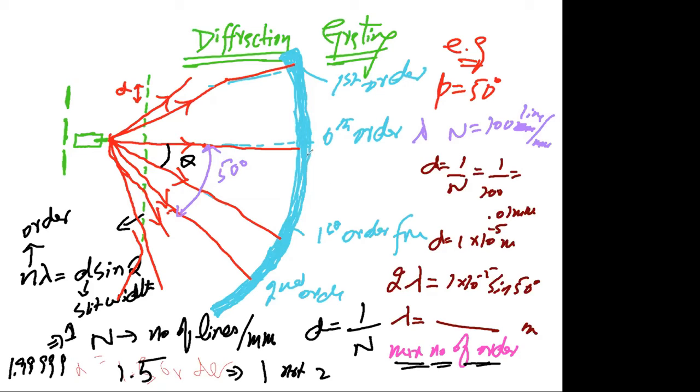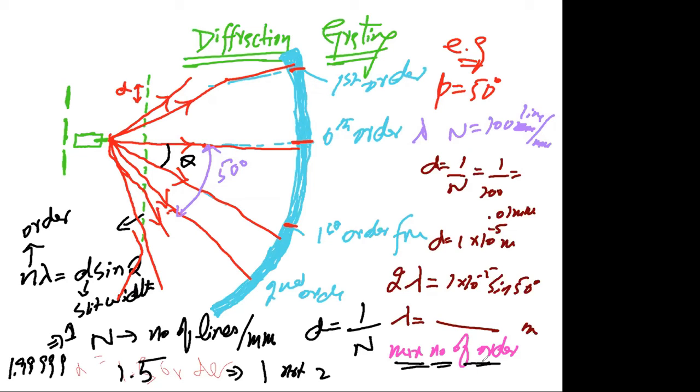Okay, leave it. Actually, on zero order, here you will get bright light. Then the brightness will decrease. Here you will get bright light, here you will get bright light, but this will be less bright as compared to this. So here some like 50% of the light will pass and 50% will reflect back. So that's why we will not count this 50% as well. We will not count that as an order. Some percentage will deflect backward, so that's why we will not count that as an order.